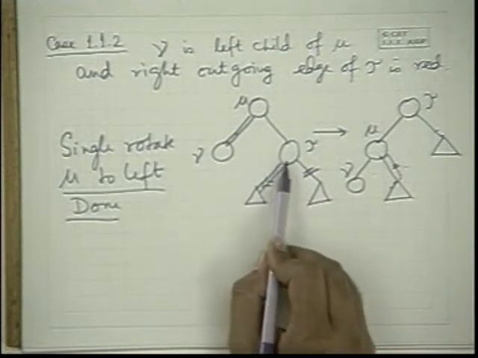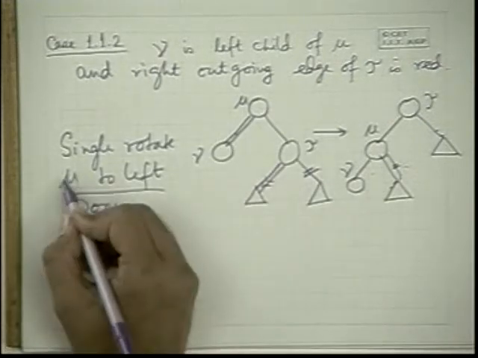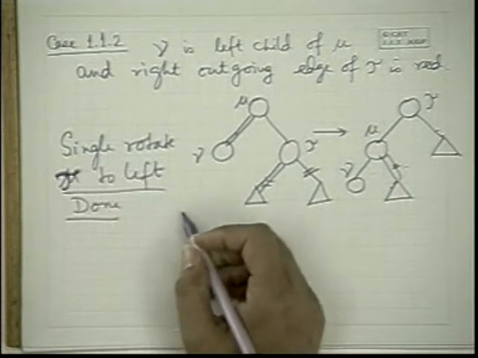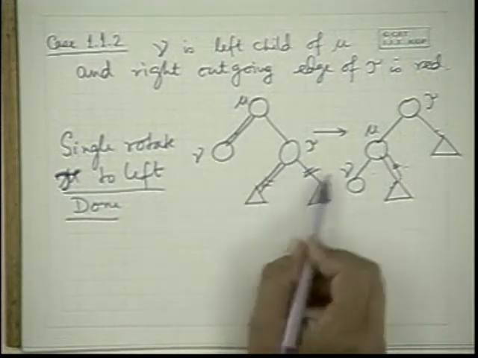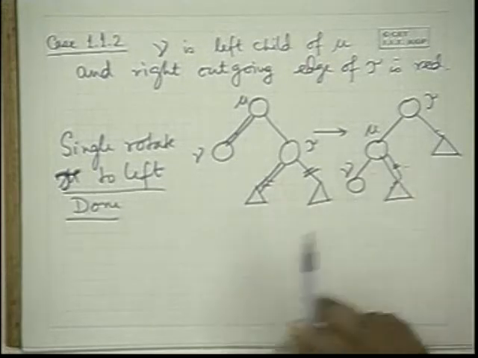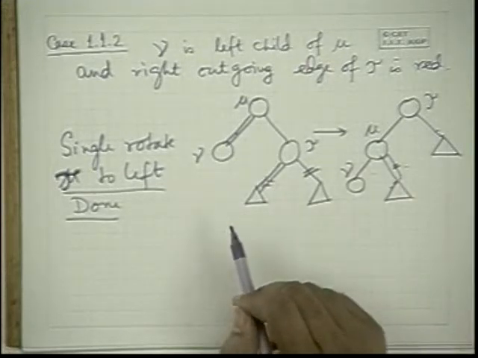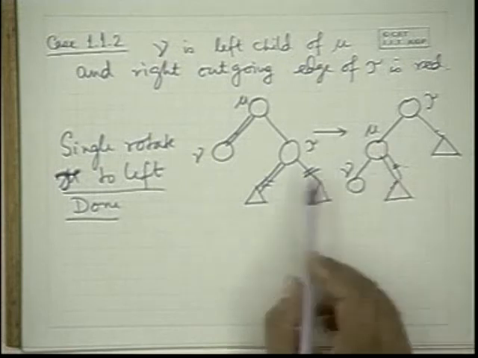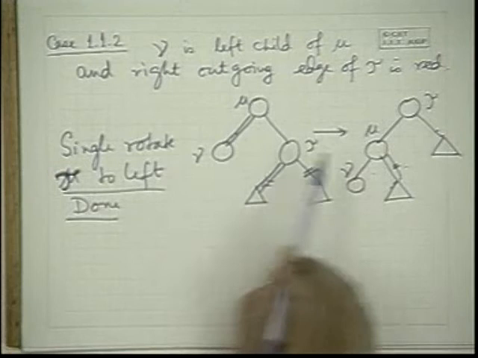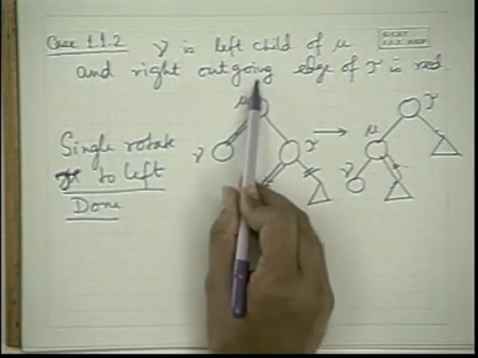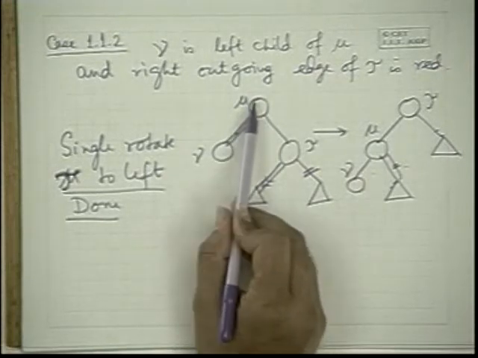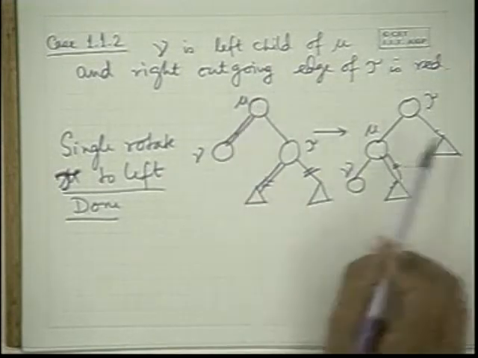By our convention it must be tau, right? Yes. It all depends how you defined it, but the way we defined it, it should be tau. Yes, single rotation of tau. So this is the situation, and you can just verify that everything is now okay. What do you have to take care of? The thing which is coming here, there was at least 2 black height. So that we have to maintain, and we have maintained that.